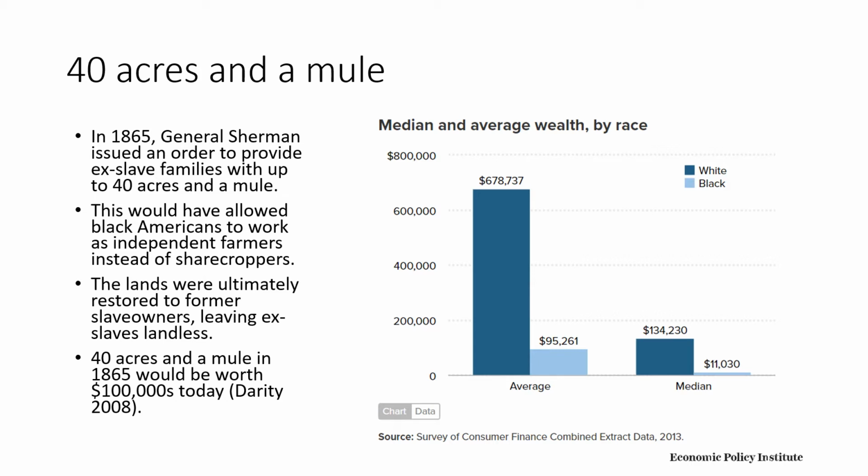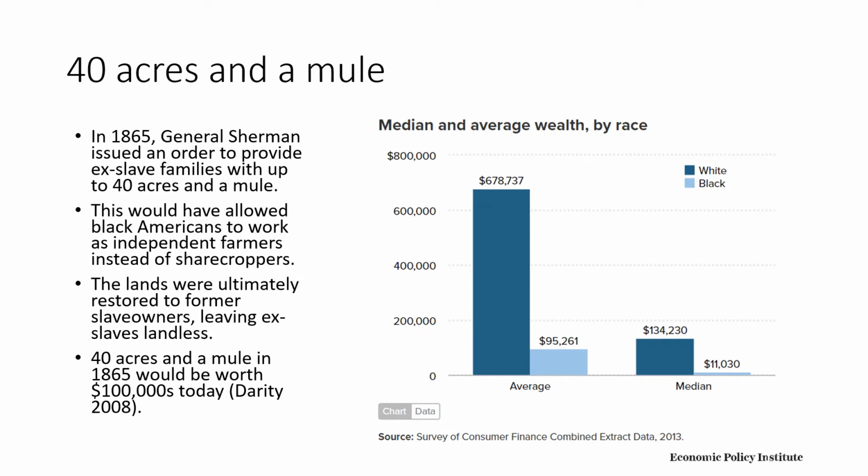Note here also the extreme inequality in the distribution of wealth, not only between races, but also within race. So if you look at the average wealth per family, it's much, much higher. For a white family, it's almost $680,000. That is taking into account all of the wealth owned by white families divided by the total number of white families. So it includes Jeff Bezos, $170 billion,